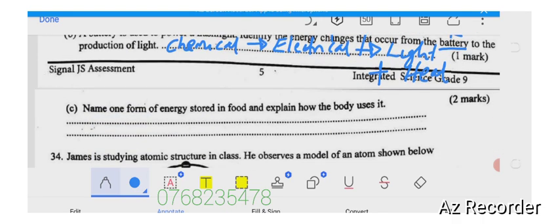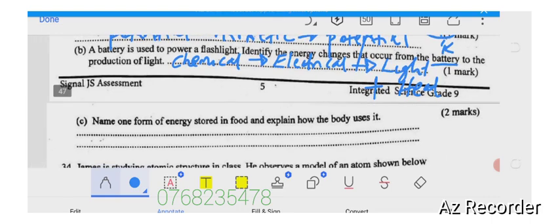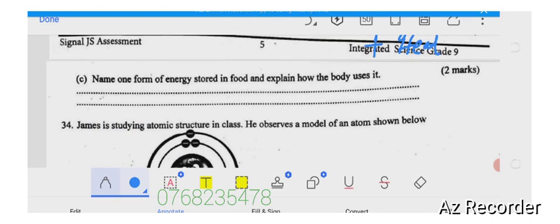So the next question, name the form of energy stored in food and explain how the body uses it. I've just said food will always contain a form of energy called chemical energy. Chemical energy is always stored in food, fuel, and battery. So explain how the body uses it. So the body converts